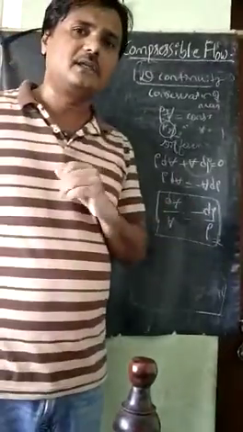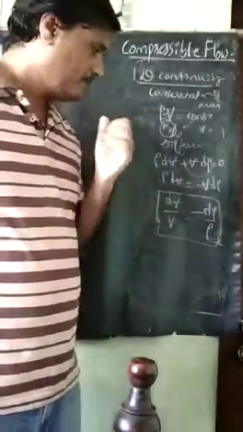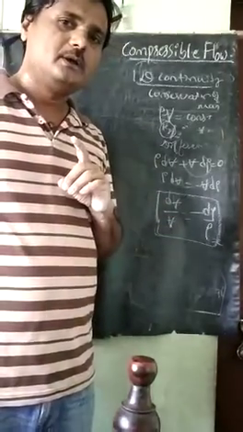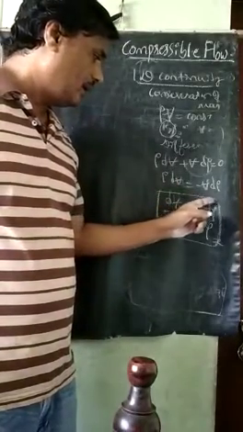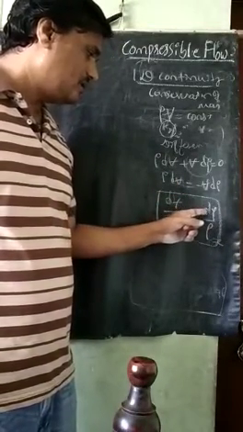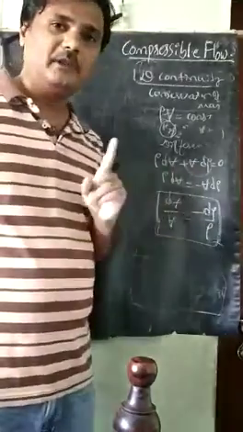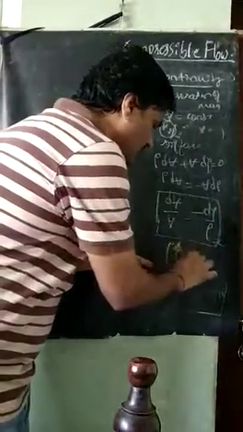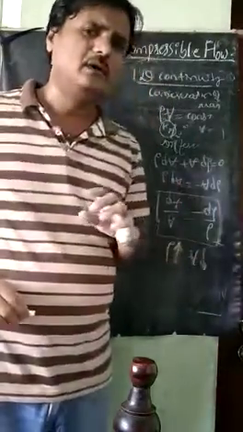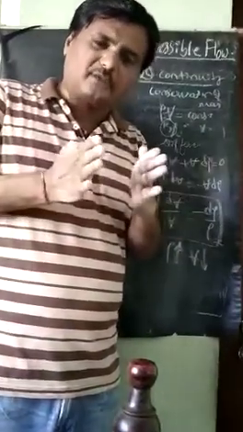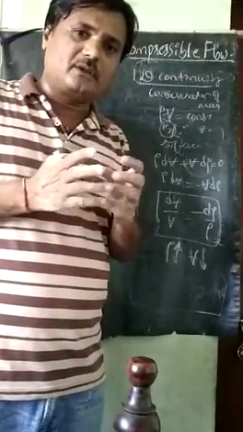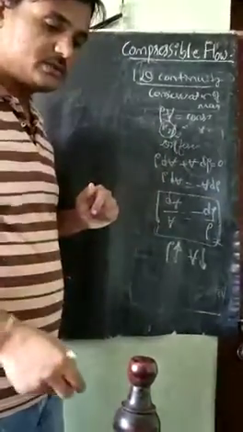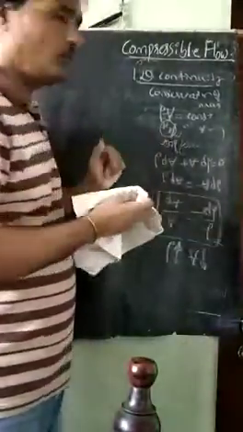What is this equation telling us? The change of volume dV is related with the change of the density in a negative manner. Meaning, if the density increases, the volume will decrease. If the volume decreases, if we compress, the density will increase. Volume decreases, density will increase. That is what the equation is telling, for a 1D continuity equation.